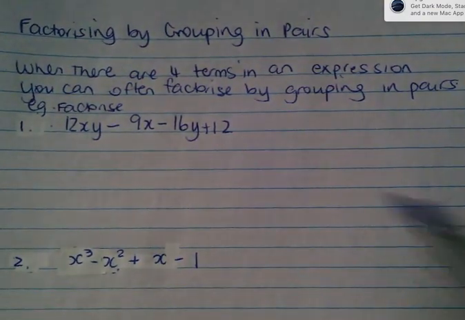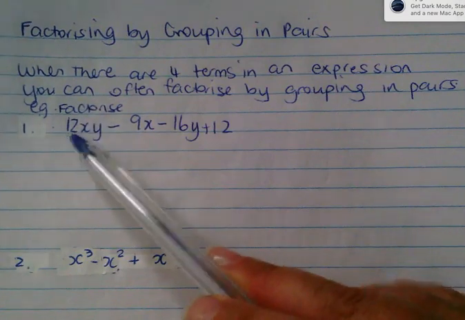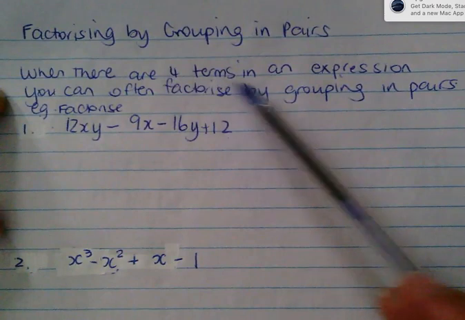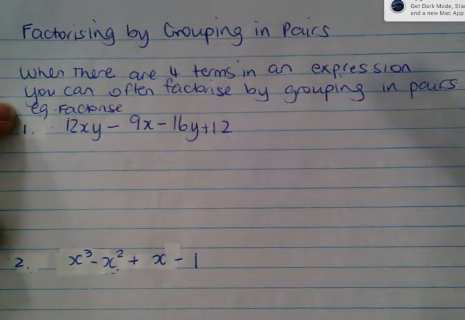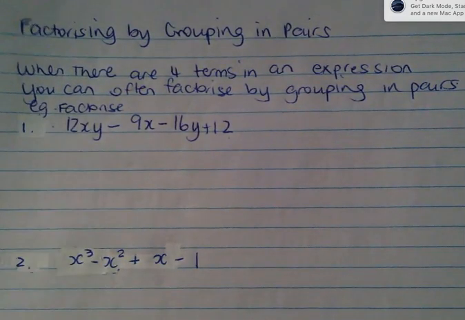Okay, we're looking at something new here. It's factorising by grouping in pairs. Now, if I'm asking you to factorise this, you can see that there are 1, 2, 3, 4 terms. And when there are 4 terms in an expression, you can often factorise by grouping in pairs. And then you'll first group them in pairs, factorise both those pairs, and then you'll find a common factor and